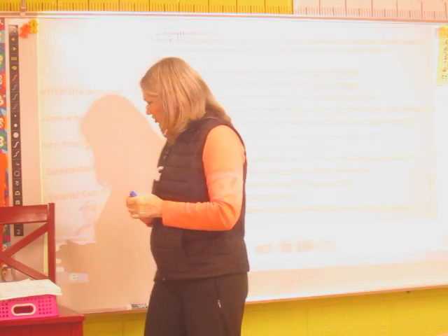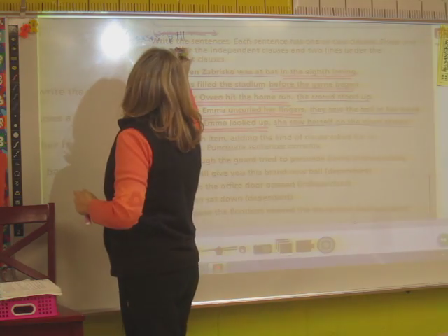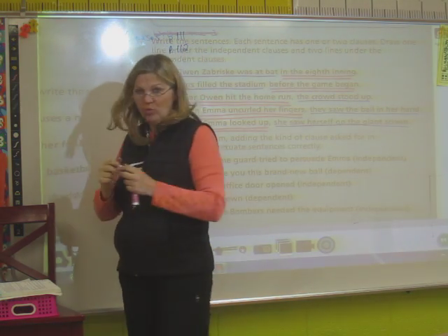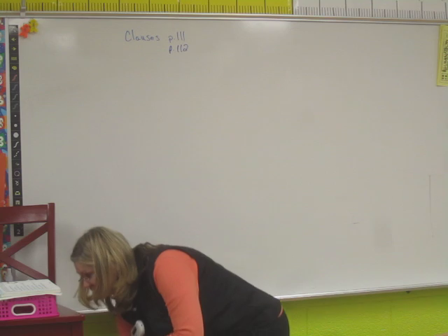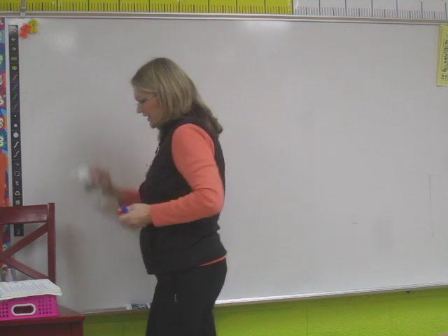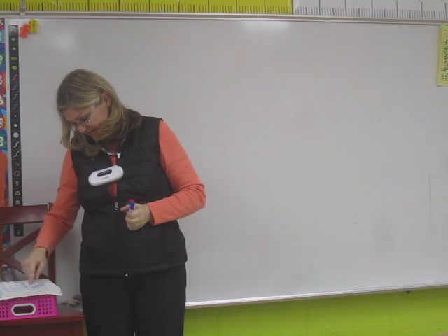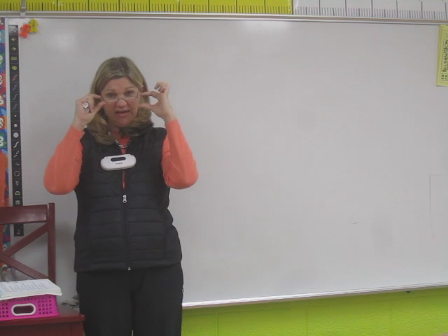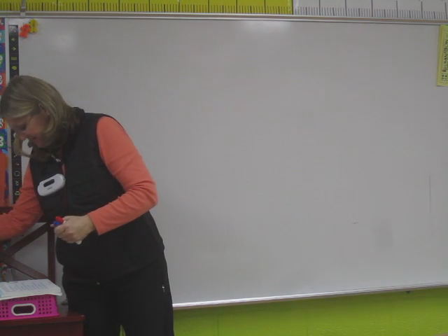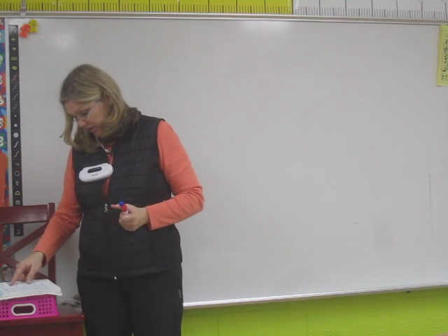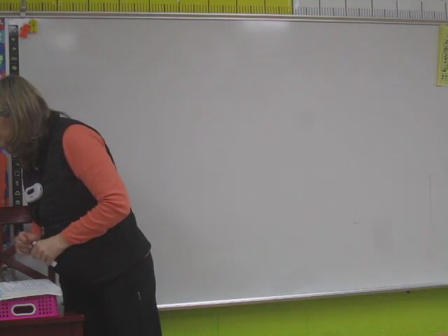And next we are going to do page 112. Page 112. All right, on page 112, they've given you a list of 10 clauses. The first thing you have to do is figure out which 2 clauses can go together, and then you have to put those in order. So, for instance, I look at because Owen wanted the ball, that is going to go together with